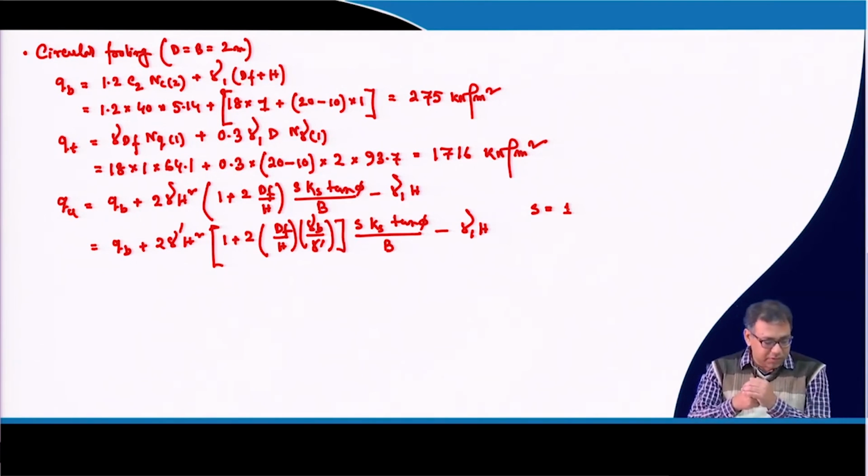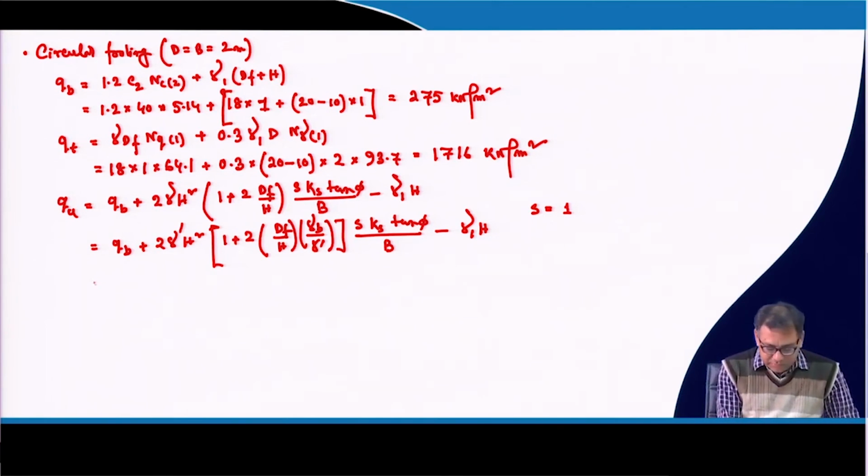So, S can be taken as 1 for a very conservative case. Okay. So, if I consider that conservative case, then it will be equal to QB, which is 275 plus 2 into